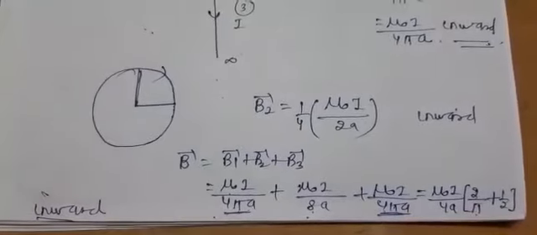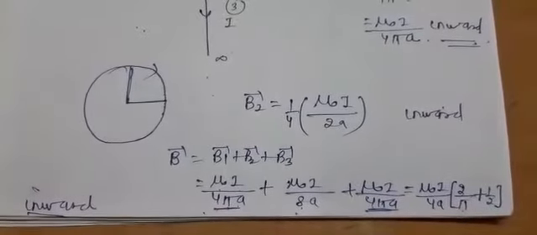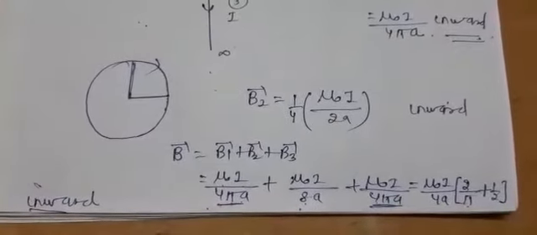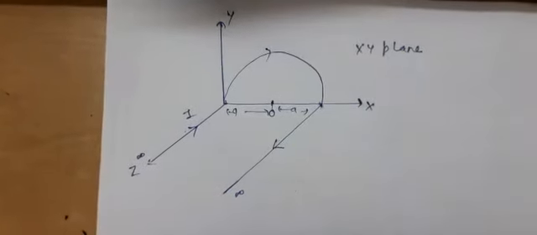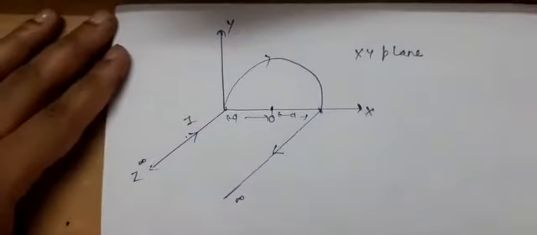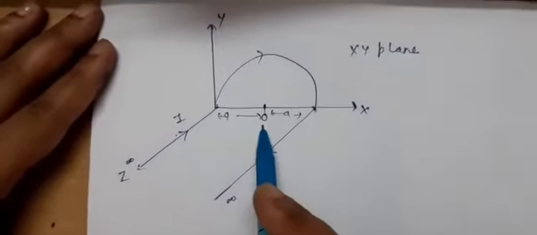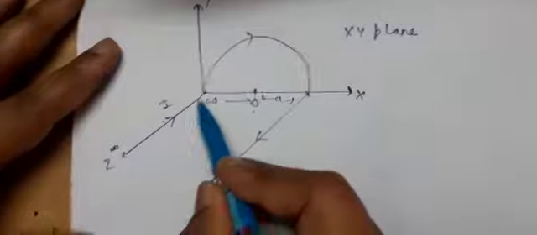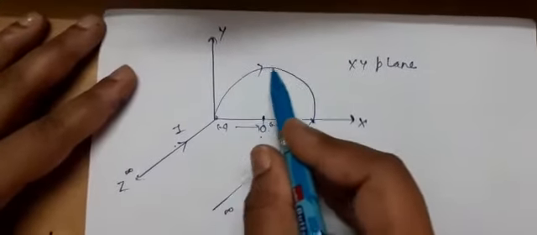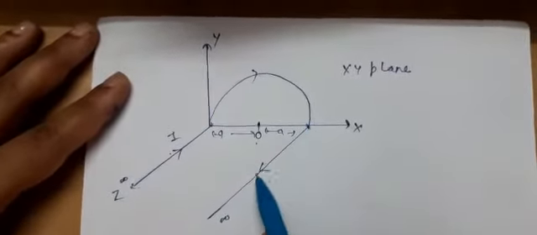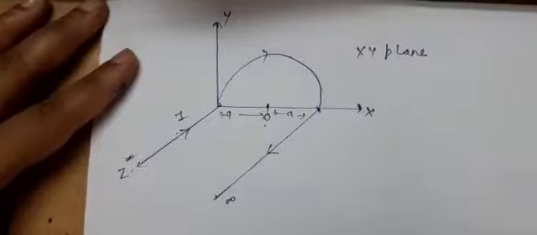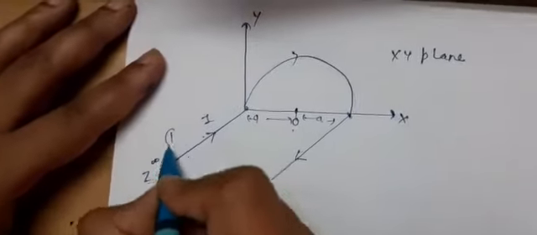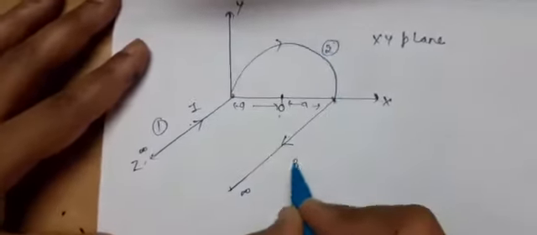So this is how this simple concept works. Now I think you are familiar with the concept and how to apply it in numericals. Now see, in this numerical, again we have to find the magnetic field at the common center of the loop. This is one straight wire, and then current is passing through the semicircular loop and then through a straight line. These two are infinite length wires. So again split it into three parts, 1, 2, 3.